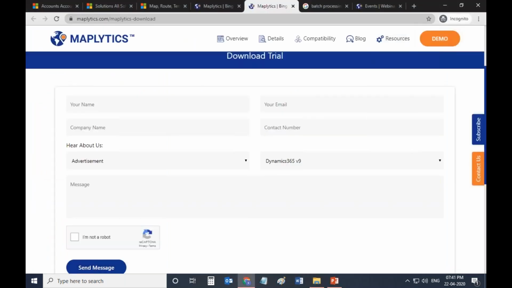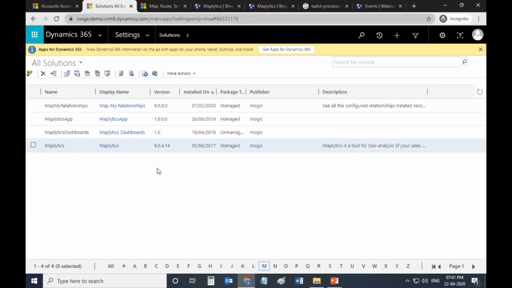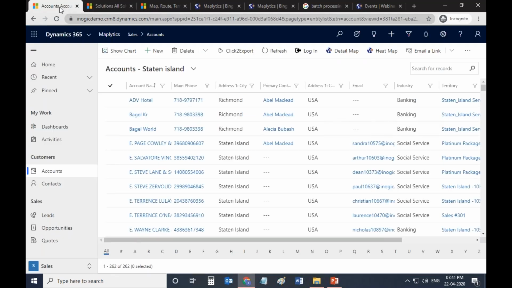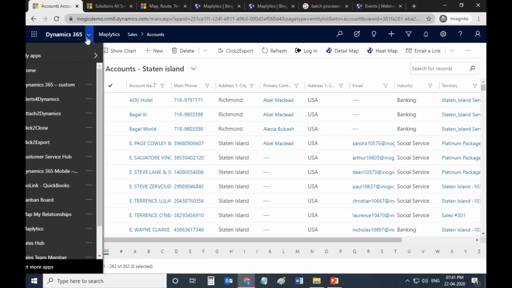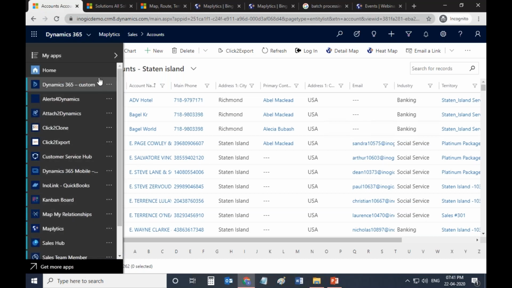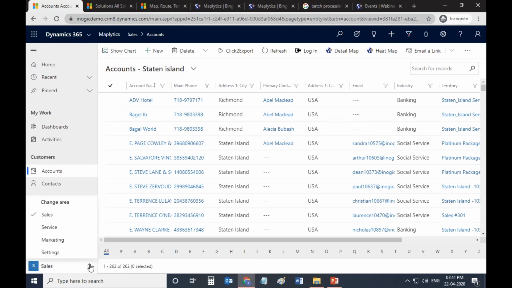After you have imported the Maplytics solution within your Dynamics CRM, you can go to the solutions and see the version of Maplytics within your Dynamics CRM. Now that you have imported the Maplytics solution, you have to activate it. For that, you have to go to the Maplytics app, and then you need to go to the settings